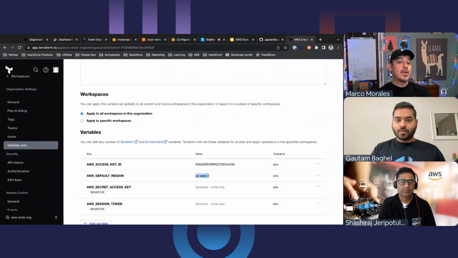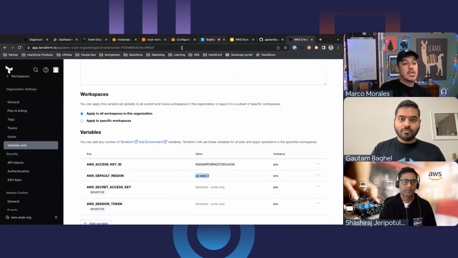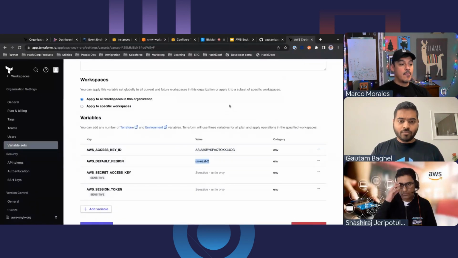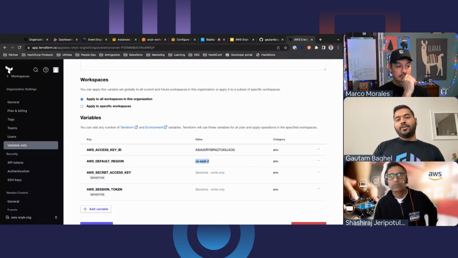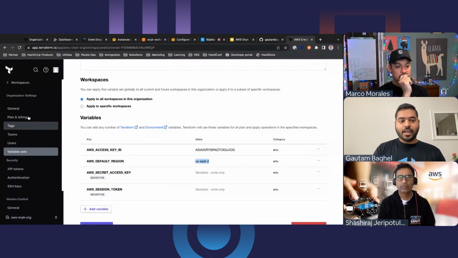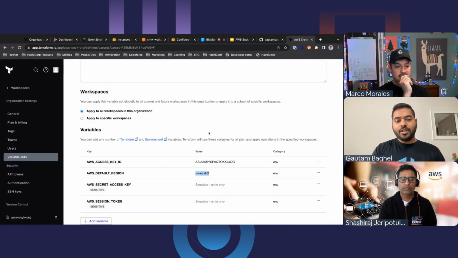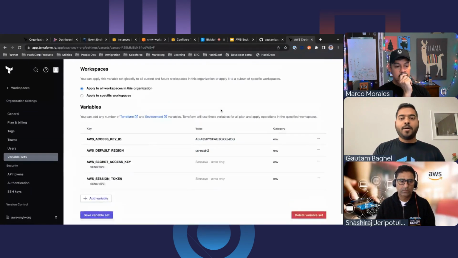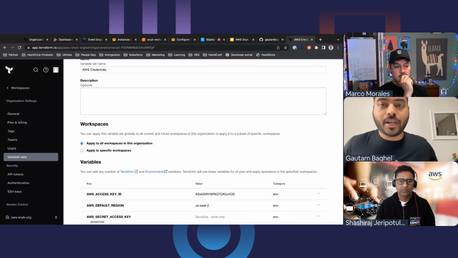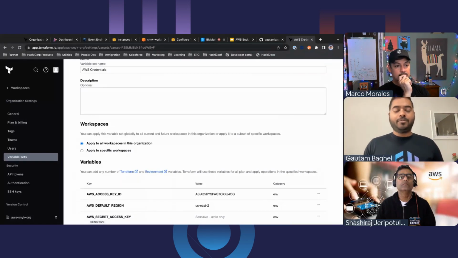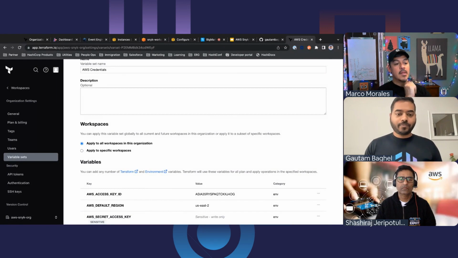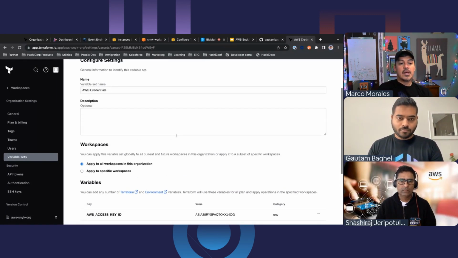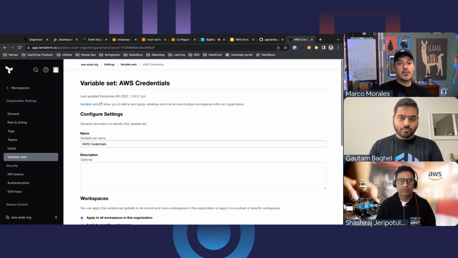Hey, we have 2 more questions, and they're pretty good ones. One is, where are these keys and tokens persisted in Terraform Cloud? Terraform Cloud stores these keys internally. There are more secure ways of doing it, I'd say. But essentially, Terraform Cloud keeps track of these keys for you. The last question is, is it possible to automate updating on Terraform Cloud the credential renewal when using AWS SSO?